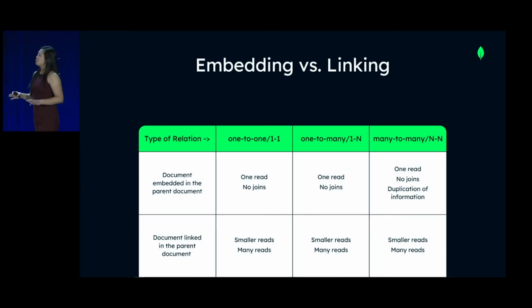And as a generic overview of what you should keep in mind when deciding what to do, you would want to consider also these aspects. Depending on the relationship of your entities and depending on the relationship of what you find in this phase, you may consider, is it more likely for you to do one read? Is it more beneficial for your application to do one read? And is the data that you're dealing with a one-to-many type of relationship or a one-to-one relationship? In that case, you probably want to embed. But if you, on the other hand, want smaller reads and you're okay with doing many reads, then maybe linking is something that you want to consider.